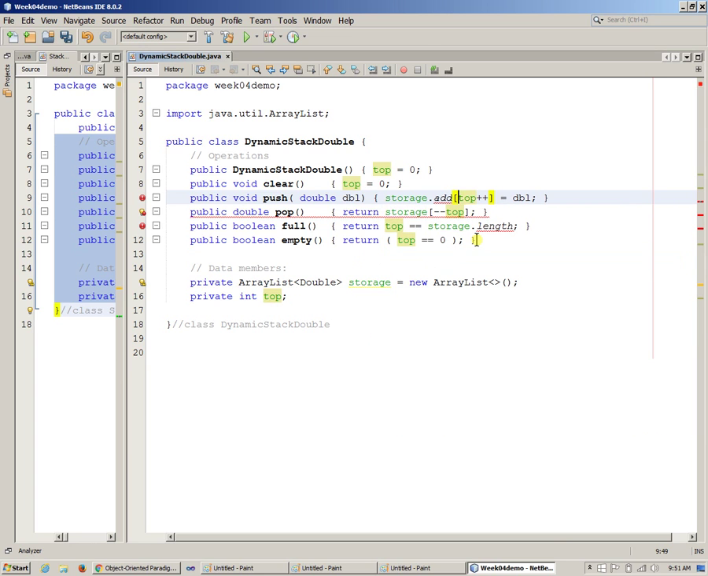So add the double. So no longer square brackets, right? So I'm going to say add, I guess I can do it this way. I can just say add double to the list, right? And then the top, I should be able to say, increment top. This will work, I think. Increment top. So it basically should follow the size of my storage. Okay, and then of course